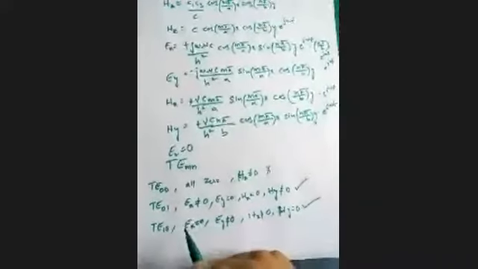So therefore, except for TE00, all other modes are possible in a rectangular waveguide, right? Except for TE00, all other modes are possible in a rectangular waveguide. So TE01, TE10, TE20, TE02, TE11, then TE12, TE21, and so on, right? Okay, so except for